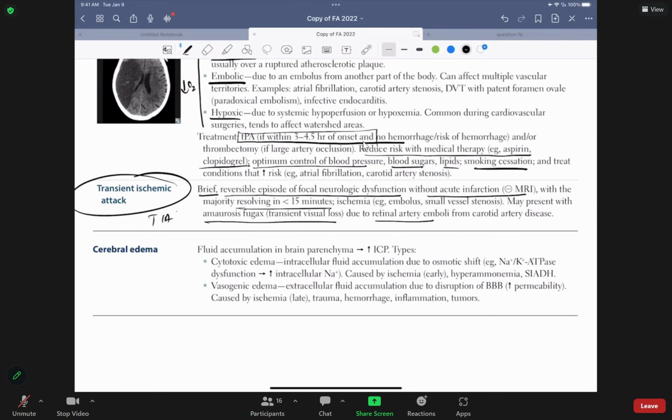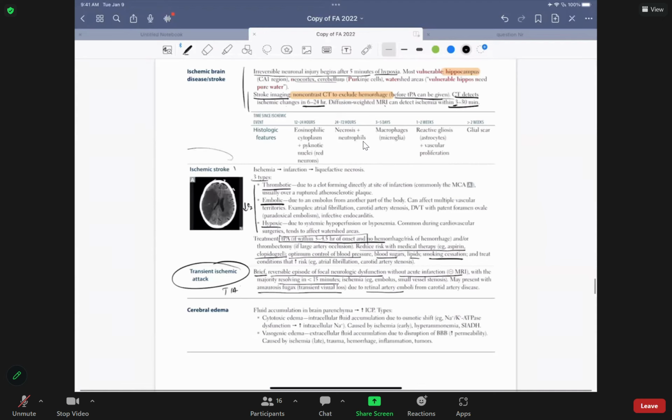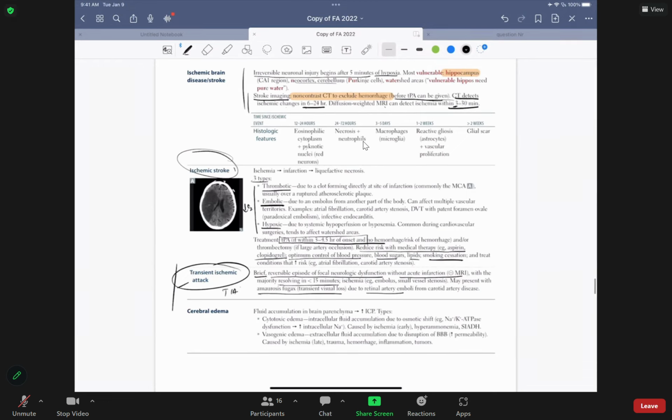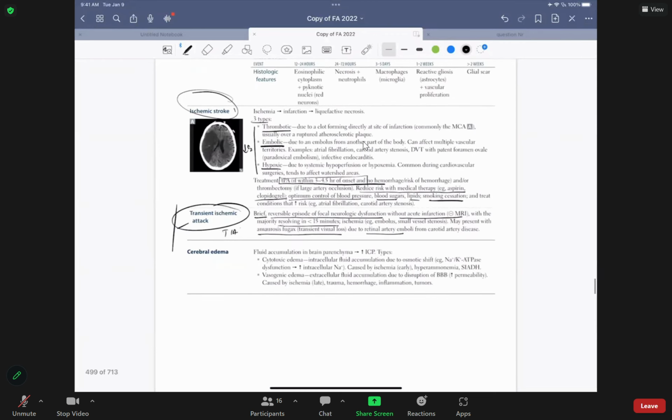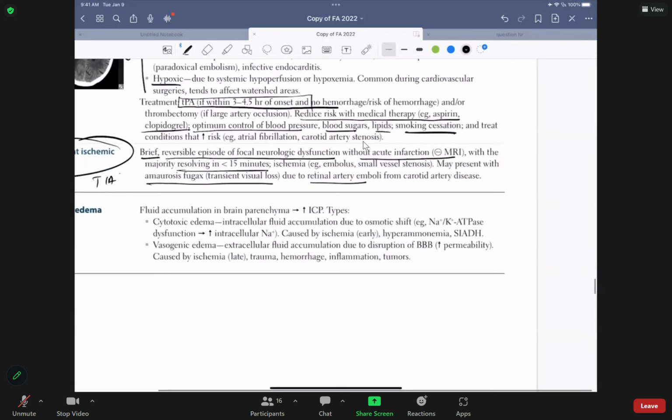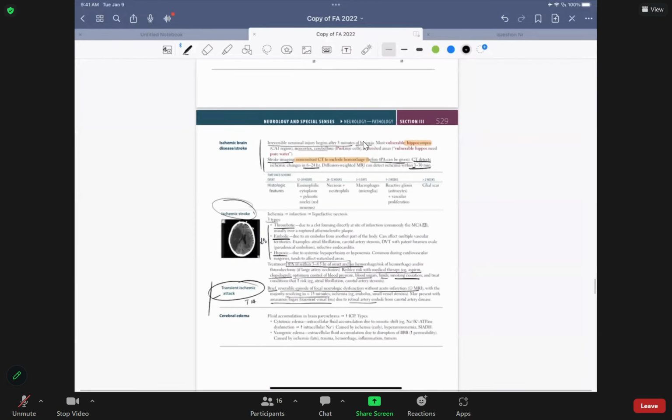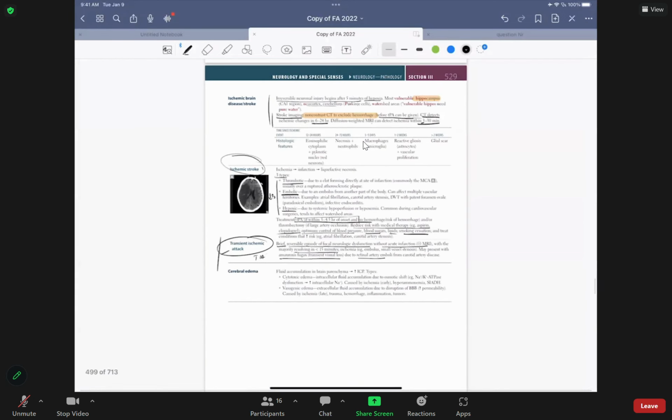So whenever a person is diagnosed with a stroke, they must have had a TIA. Either they didn't know they had it or they ignored it. Is that clear, folks? Because nobody can get a full stroke without any warning sign. Because remember, atherosclerosis and clot slowly develop, folks, unless it comes from different places. Okay, so that's TIA. Now, that's all about stroke. Is everybody clear with the stroke?